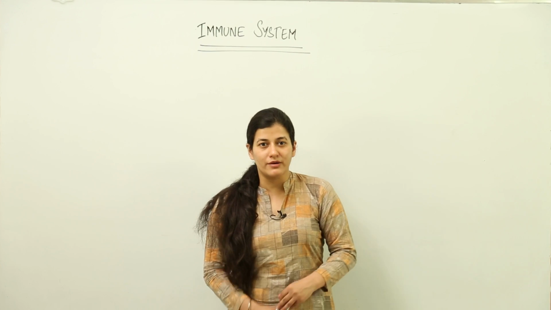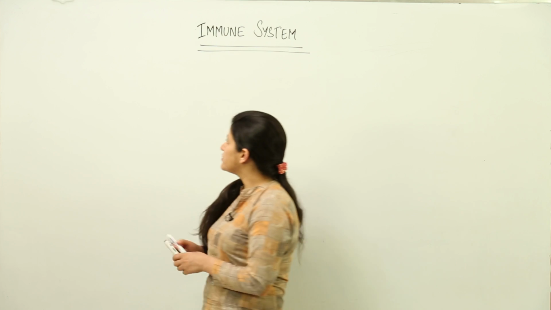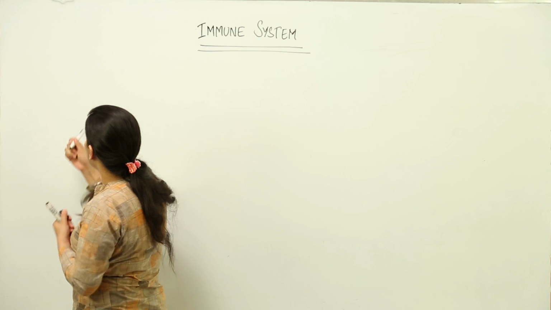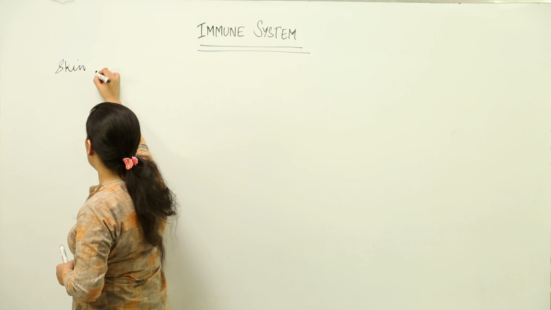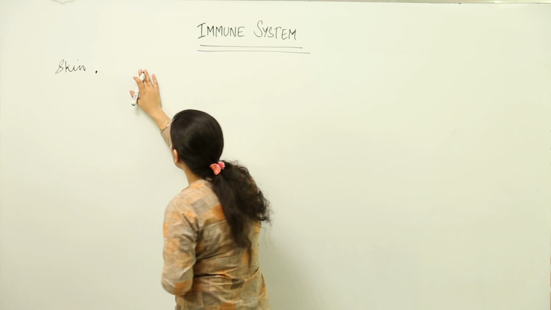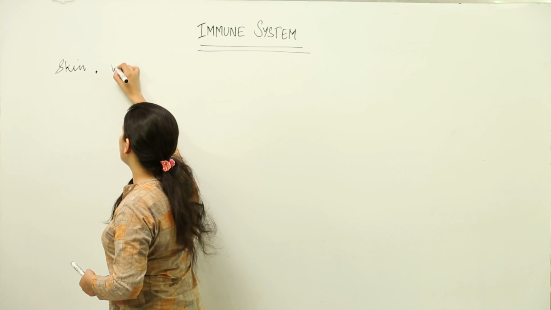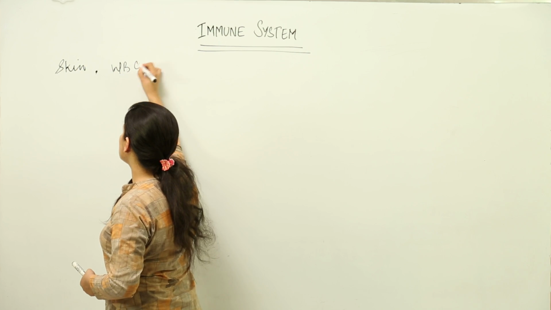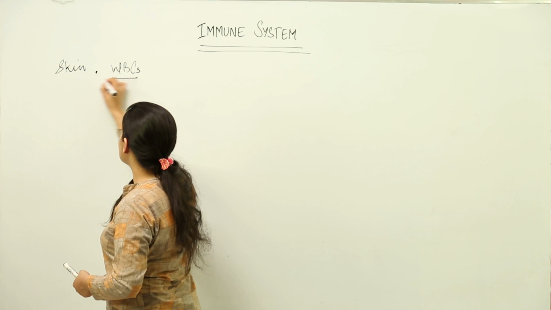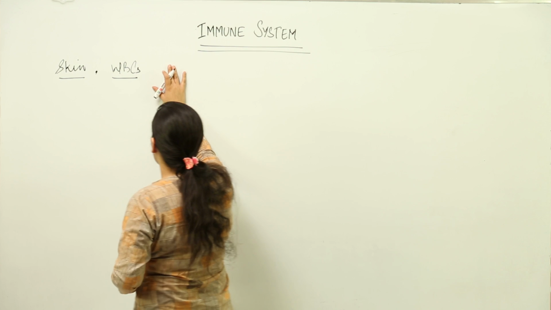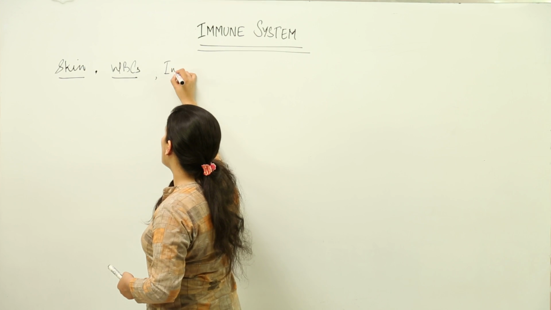Now we are going to talk about the immune system in detail, and let me make you aware of the topics that we are going to study. Firstly, we are going to see how skin works as a natural line of defense in the immune system, and that is non-specific. Then we talk about what lies in WBCs. This is repetitive, you must have studied it in your earlier classes, how WBCs help in the immune system. We are going to talk about interferons,